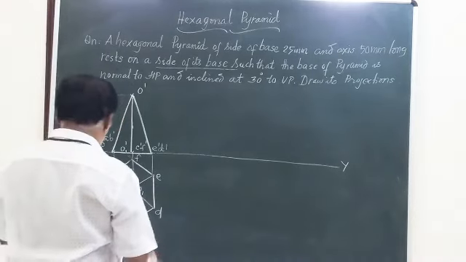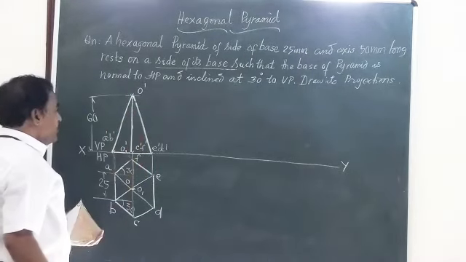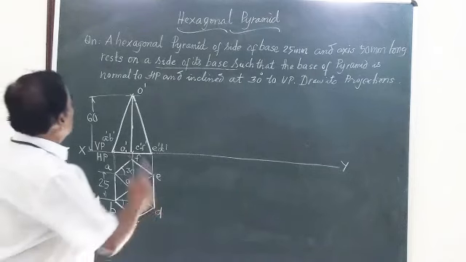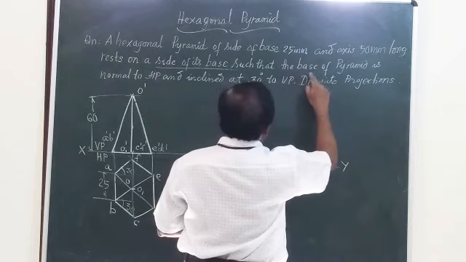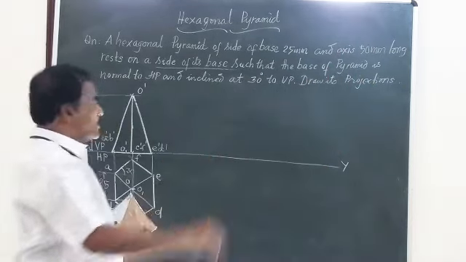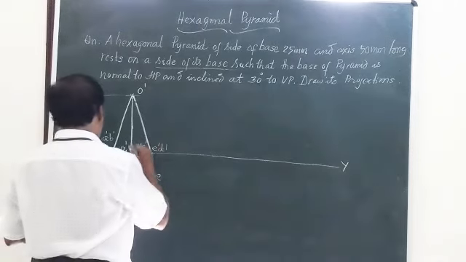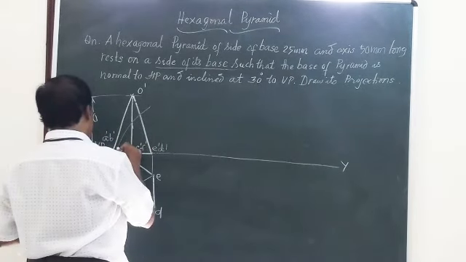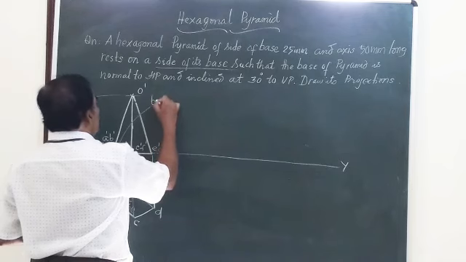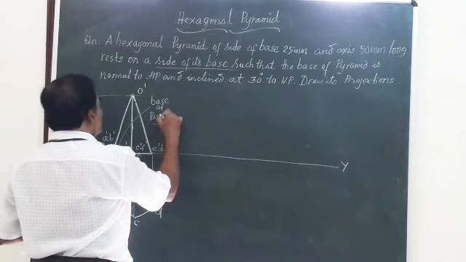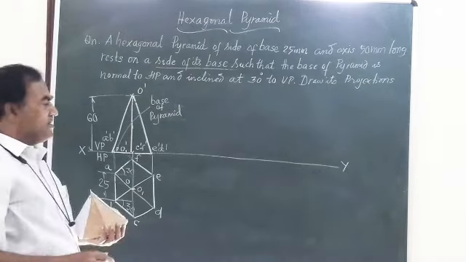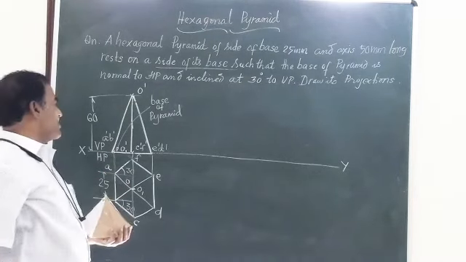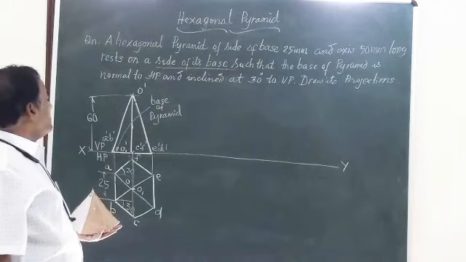These are the 2 triangles, 1 and 2. And here, after getting this front view, let's see what the base is. He says the pyramid rests on a side of its base on HP such that the base of the pyramid is normal to HP. So I told you the base of the pyramid is this horizontal line. Now what is the position of the base of the pyramid? In this position, the base of the pyramid is on HP or it is parallel to HP. It makes no angle with the horizontal plane.